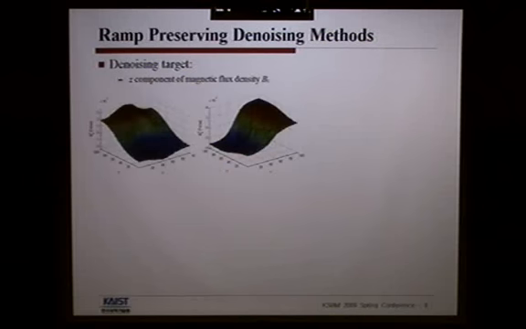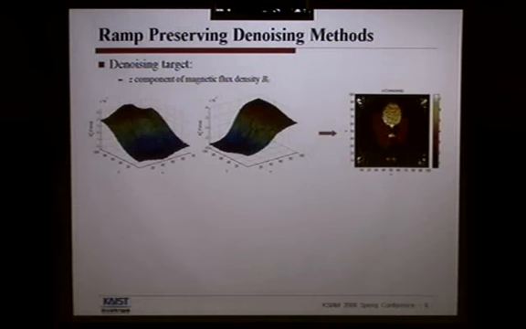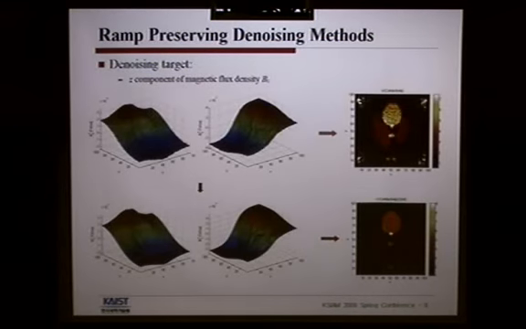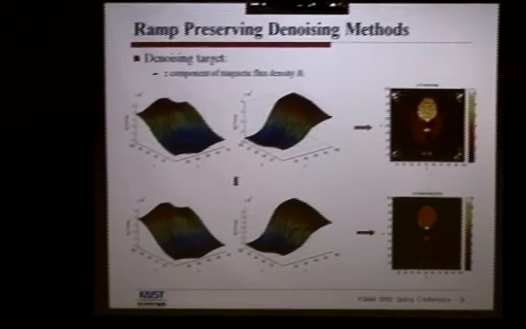And our target is, okay, this is the BZ image, the noise, the BZ image. And from this, if we construct this conductivity image, we have this kind of noisy image. But if we are successful to denoise, then we have this very clean image. Okay, but actually we made this noisy image